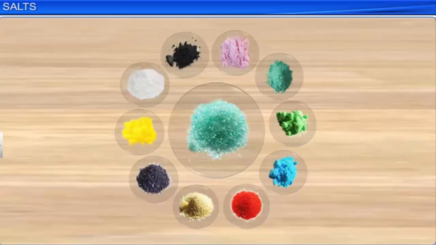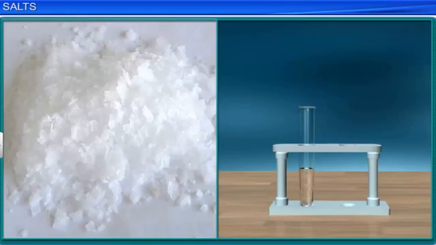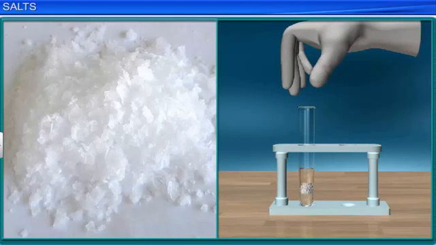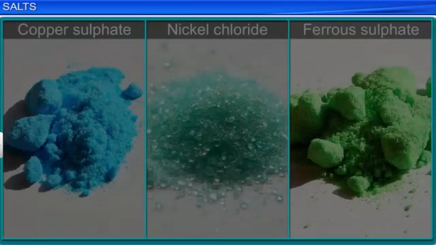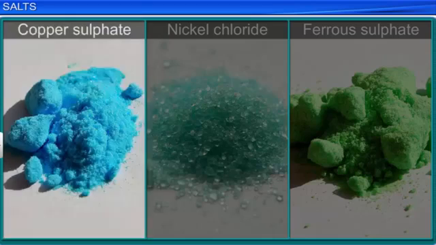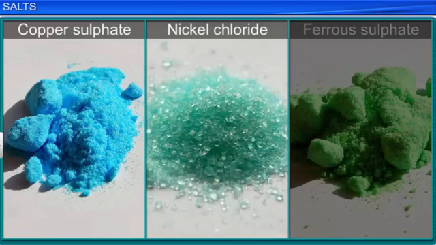Certain salts exhibit colors and may look very bright and attractive in colors ranging from white to metallic lustrous. However, a majority of the salts are colorless in the solid state and yield colorless solutions. Some salts commonly used in the laboratory are bright blue copper sulfate pentahydrate, bright green nickel chloride hexahydrate, sea green ferrous sulfate,